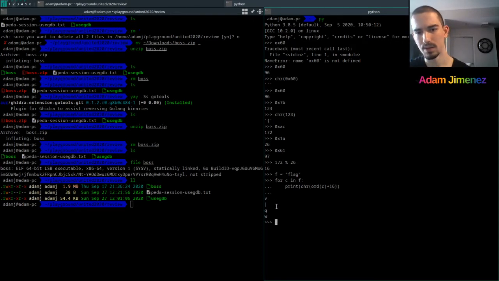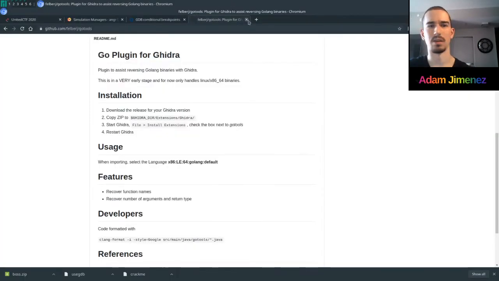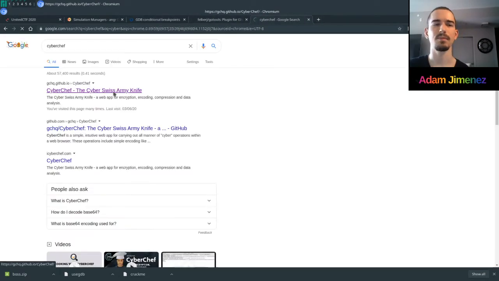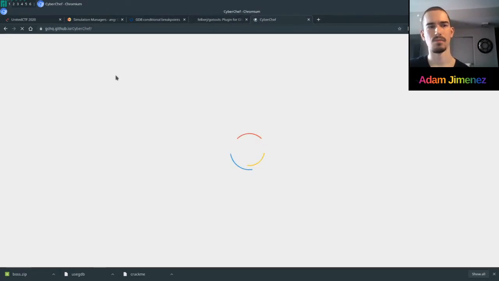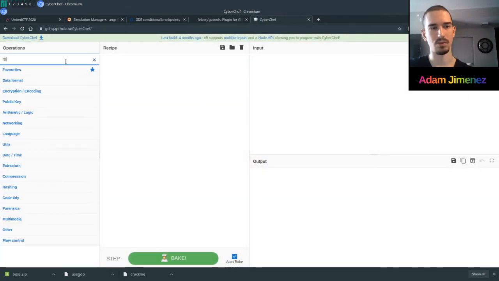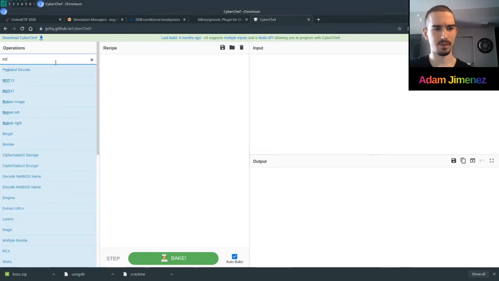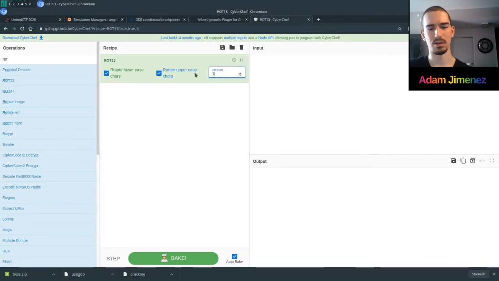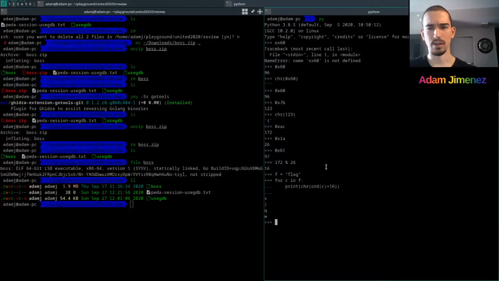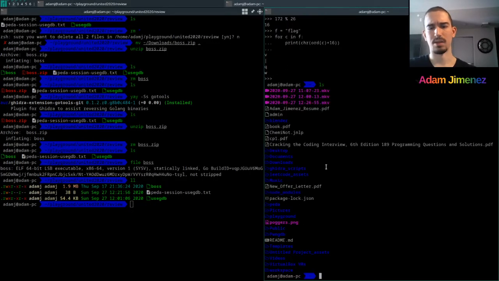So let's just go on CyberChef actually. CyberChef is one of the coolest tools to know when you're doing CTF, because you have all the tools you need for data manipulation. So ROT, you can take this one, change it to 16, and just take flag. So we know this is the start of the flag, right? So if we find that pattern inside the binary,